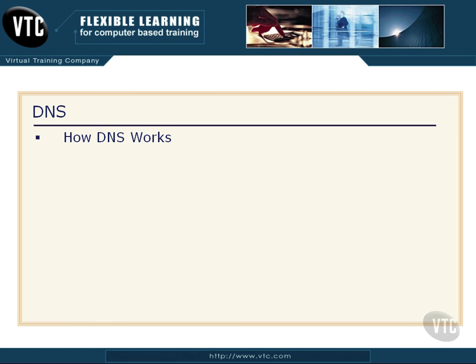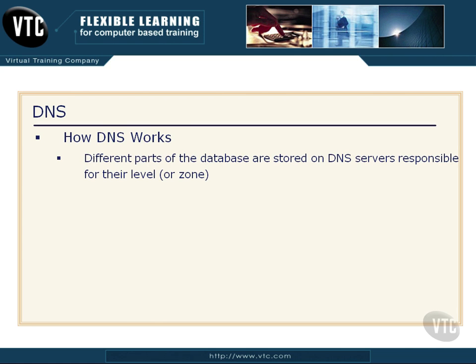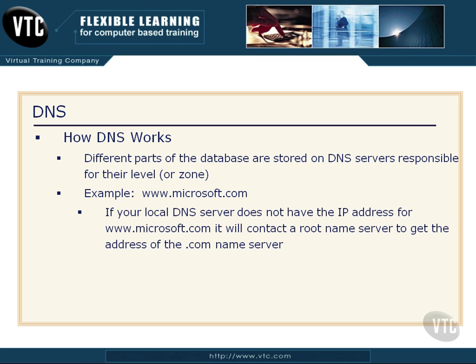Now let's talk about how DNS works. Real simple example here. Different parts of the database are stored on DNS servers that are responsible for their little area of the network or the zone that they're in or that they're responsible for. You'll also hear the term authoritative. So let's take an example of Microsoft.com. You type in